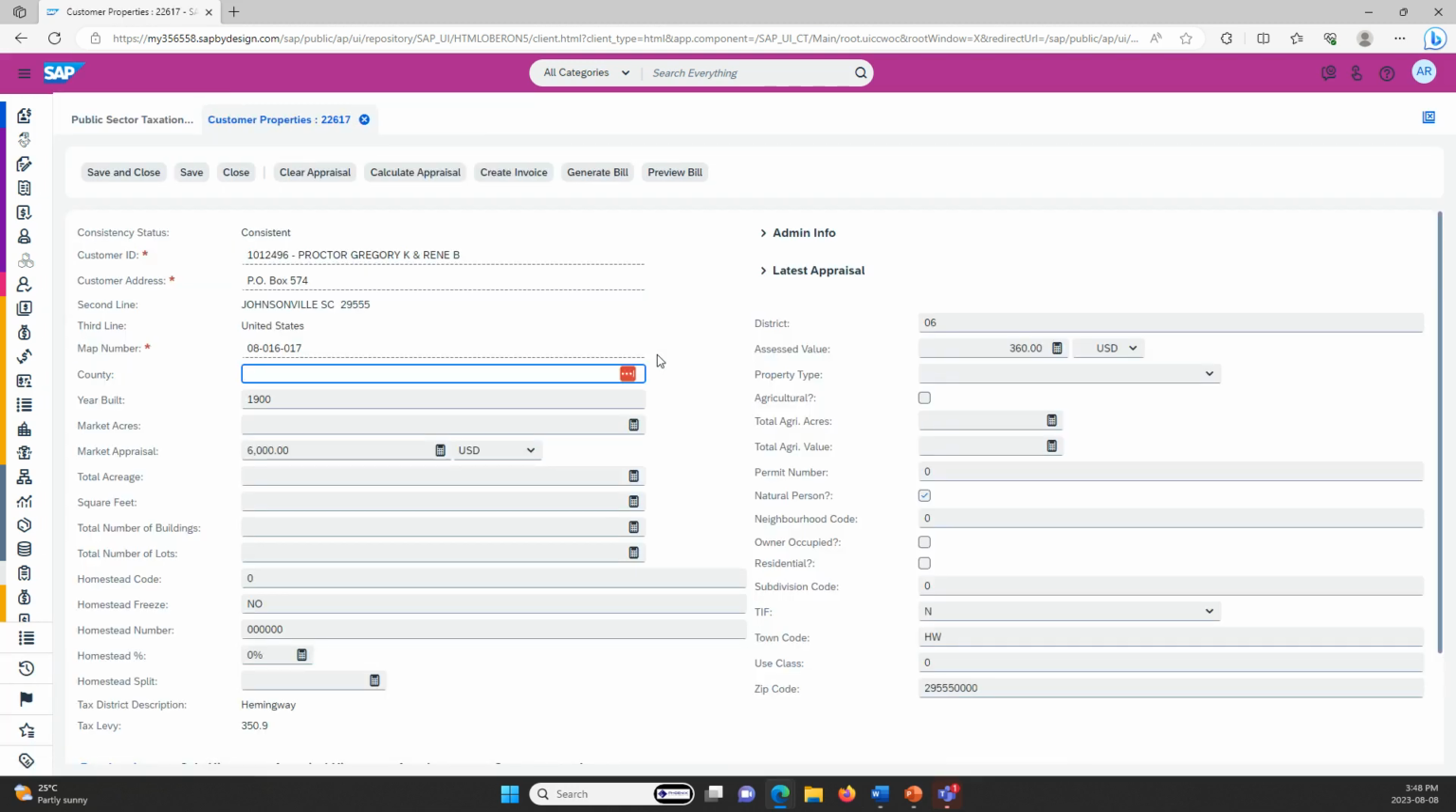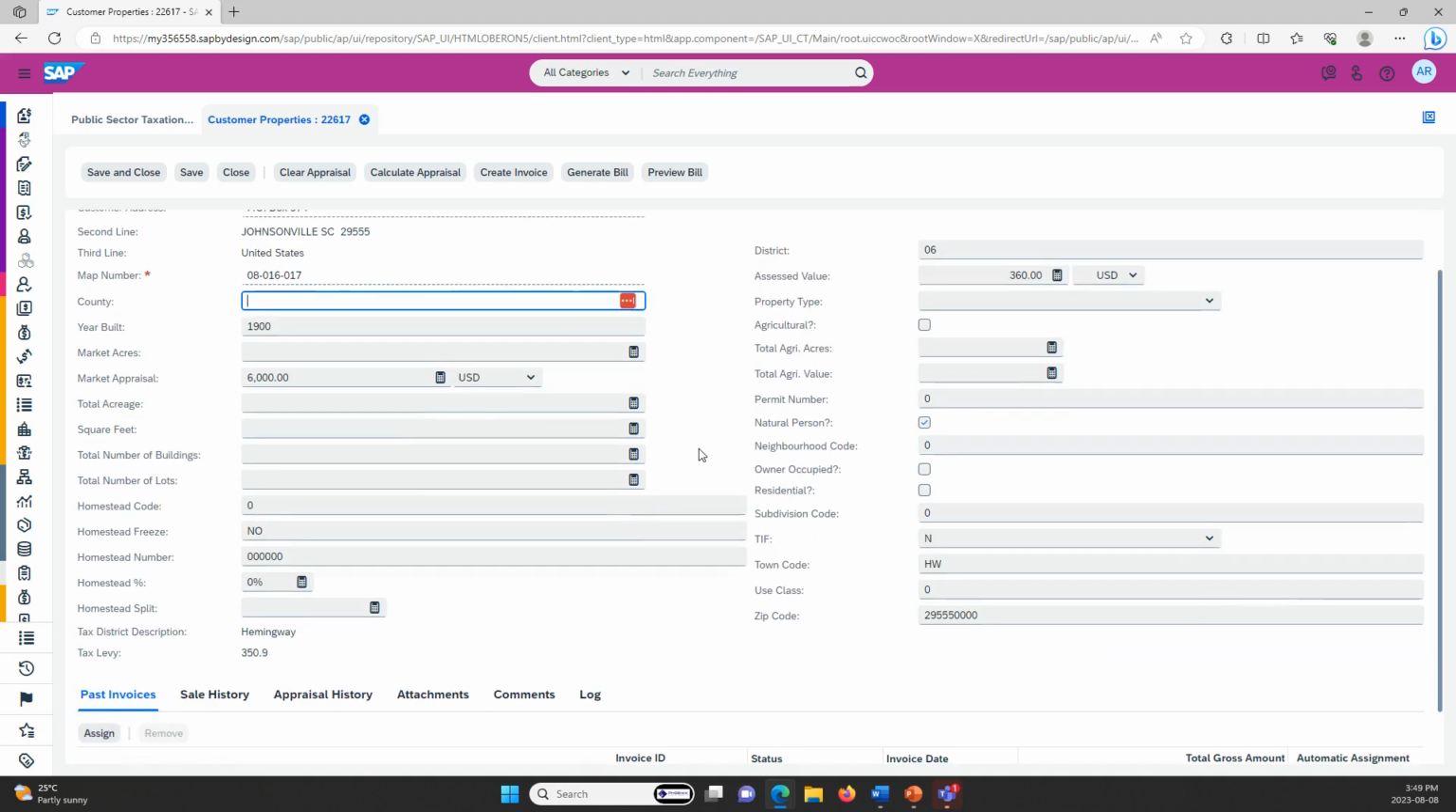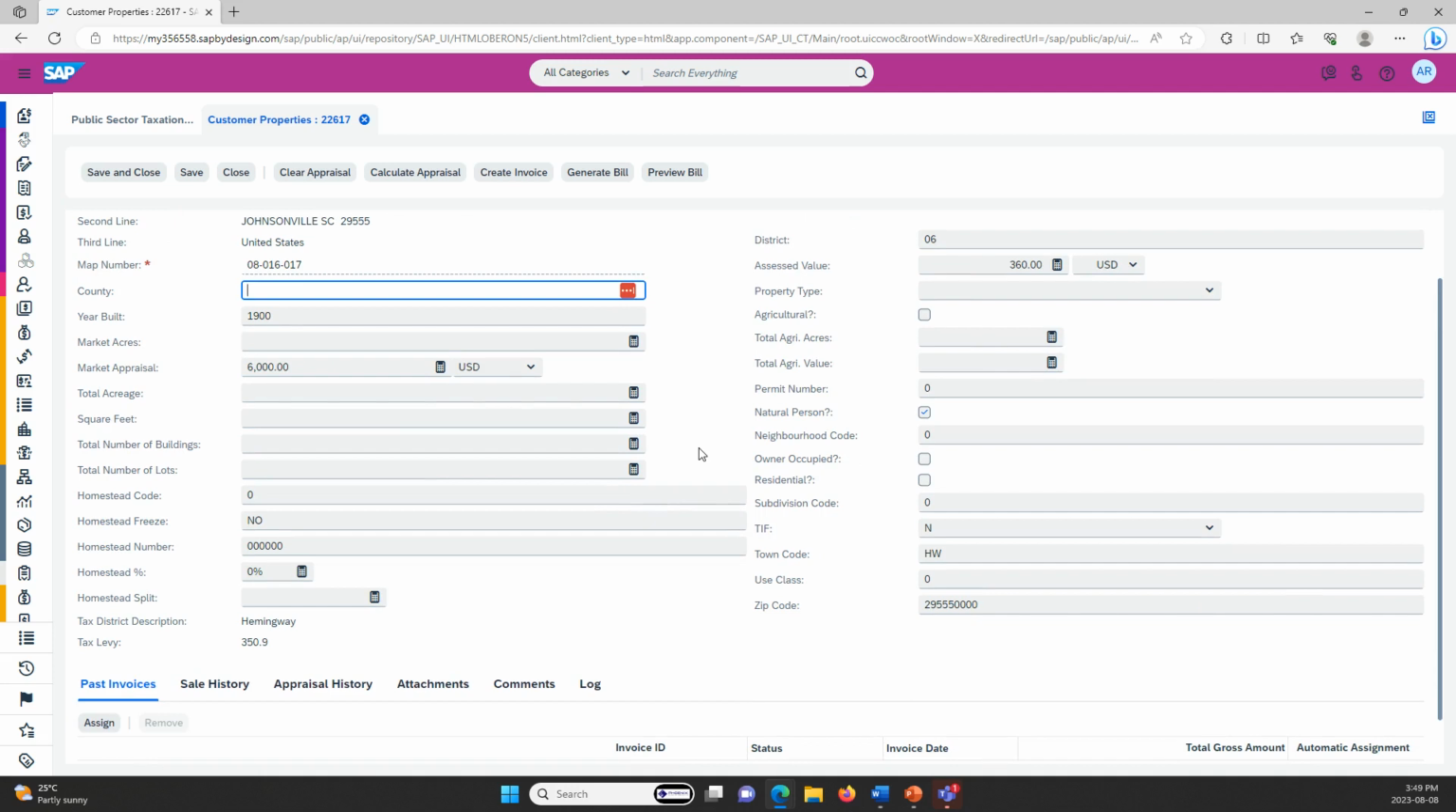And here, some of the fields include customer ID, homestead code, assessed value, and residential status. We provide details like the customer address, homestead number, agricultural status, and customer address here. Let's talk about this in a little bit more detail. The customer's address is, of course, the location where a customer resides. In addition to that, you could have a homestead number, and that's often used to identify a property that has